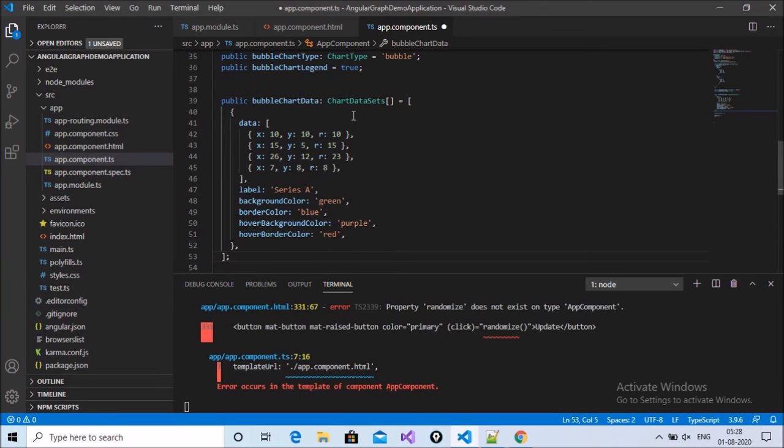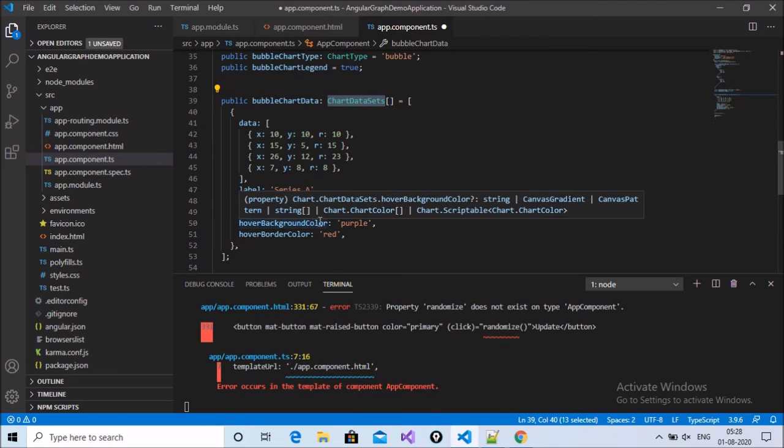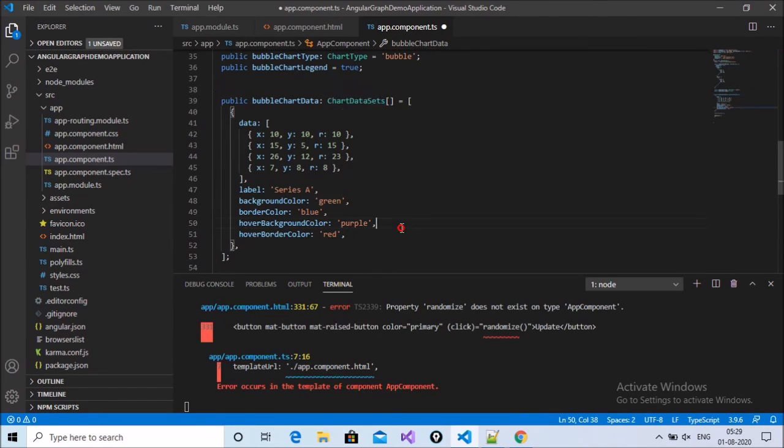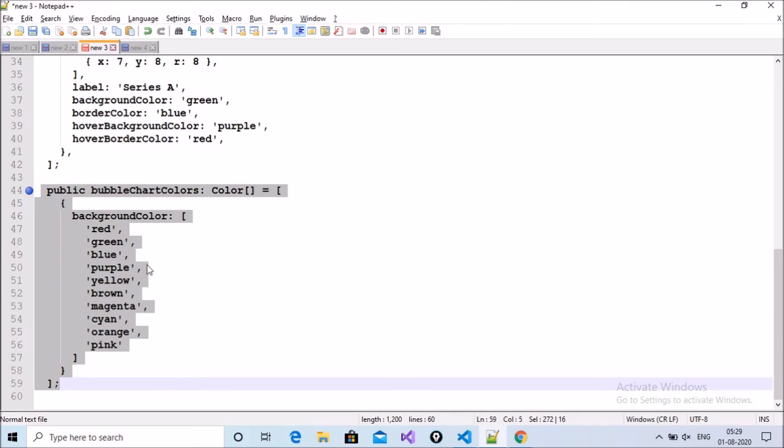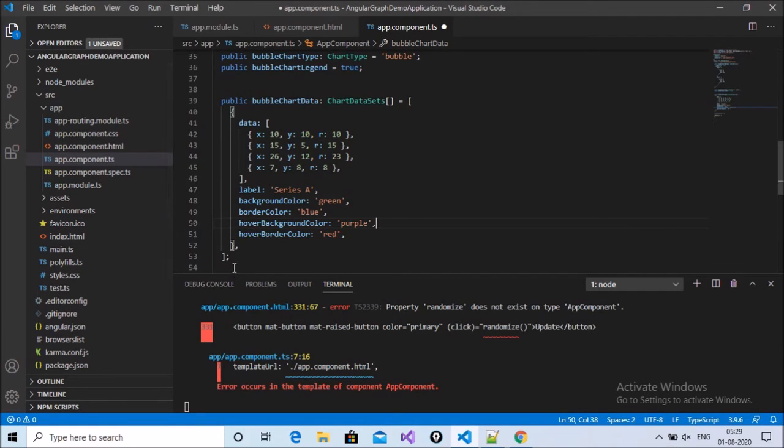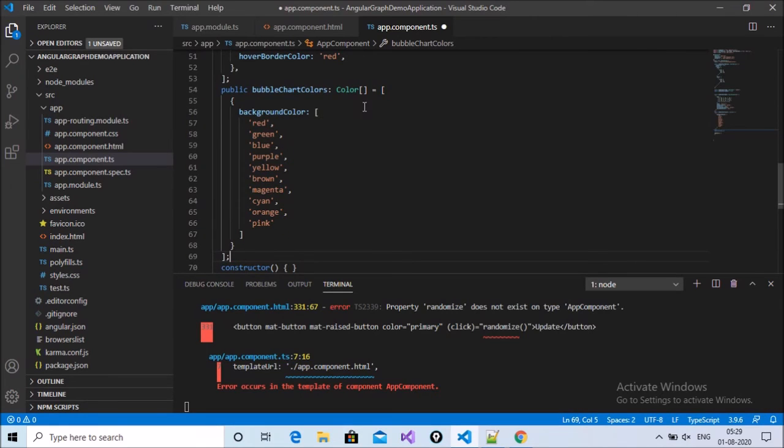Inside bubble chart data, we can see the datasets, and inside the datasets we set data with x, y, and r, label Series A, background color green and blue, hover background color purple, and hover border color red. The next option is bubble chart colors. Copy this one and paste it here, setting the background color value.